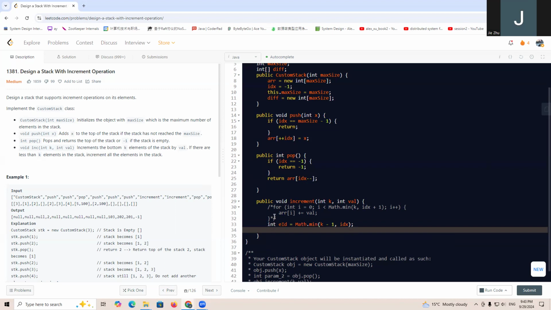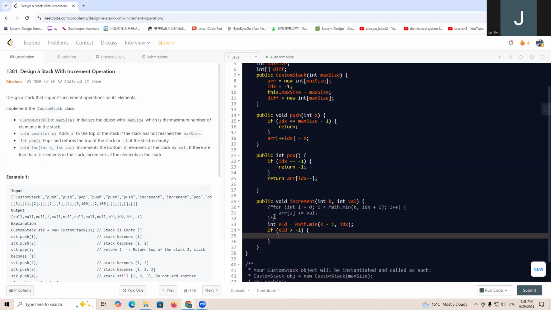So that means that if this idx is greater than minus 1, it means there are items in the stack. Then we'll have diff[idx]